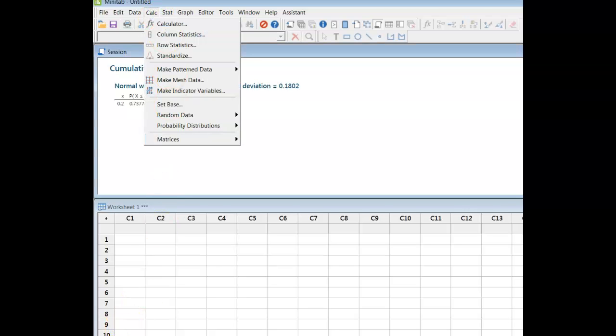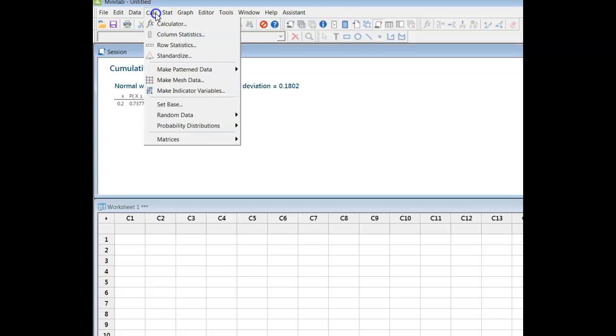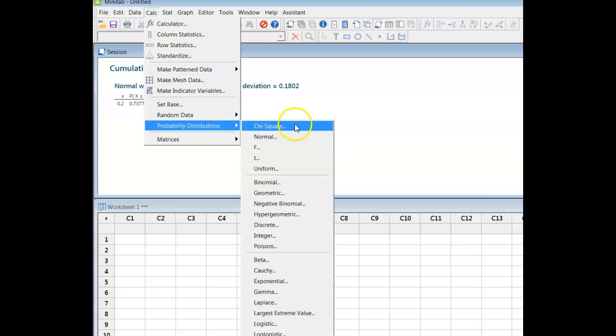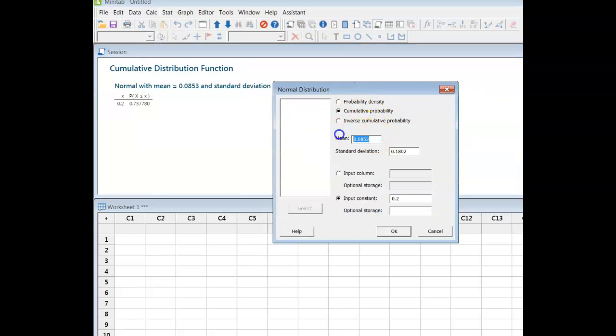Now, I'm going to do this two ways. First of all, I'll use the calc function, as we've seen in a previous video, and then I'm also going to use a probability distribution plot under the graph tab. So first of all, under the calc option, probability distribution, normal, and normally when you open this up, the settings are set to the standard normal distribution